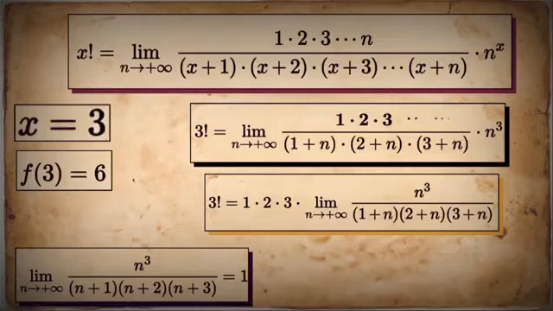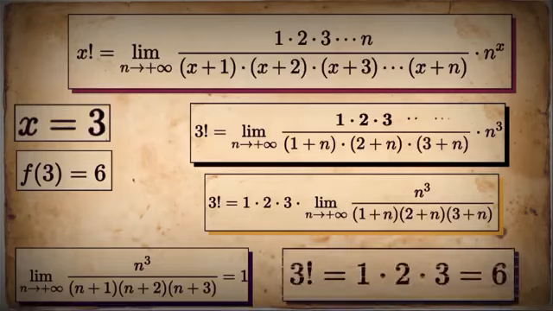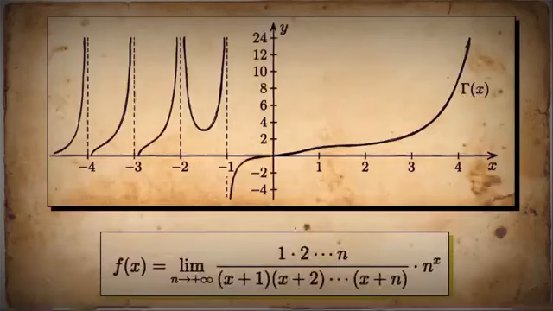The numerator and denominator both grow like n cubed, and their ratio approaches 1. So the limit equals 1, and the entire expression reduces to 1 times 2 times 3, which is 6. The formula correctly recovers 3 factorial. The verification succeeds. With the formula verified, we can also plot the graph of this function over the entire